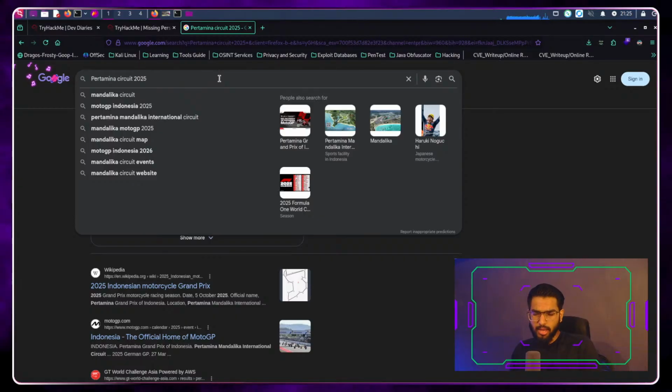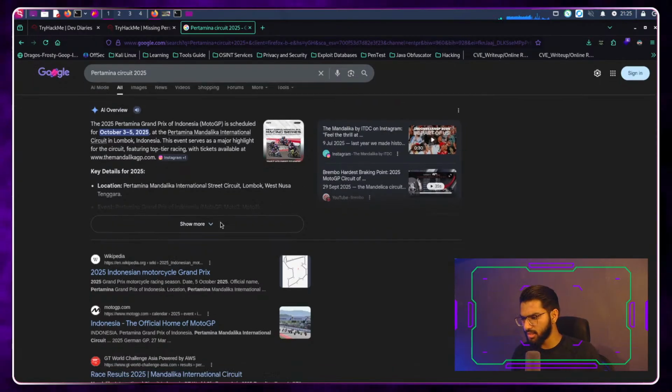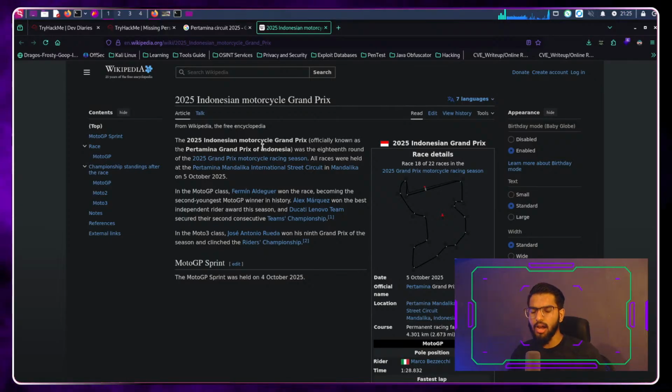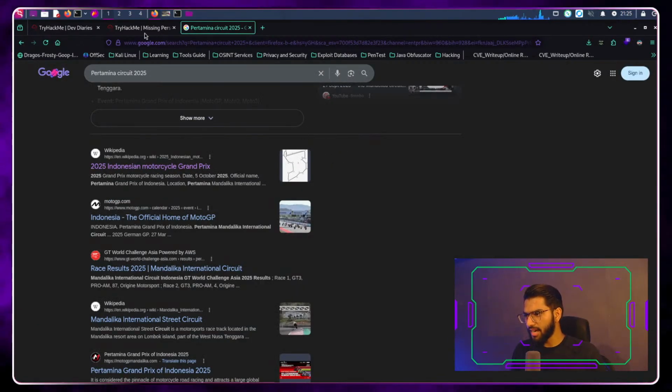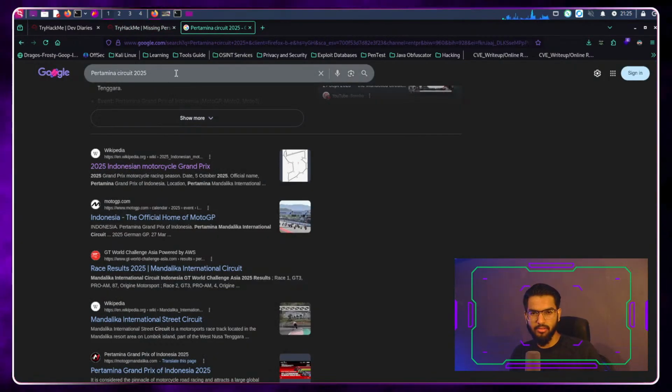So, assuming, since this is a racing tournament, which actually happens, and I can see a lot of results coming out here, I can even look it up on Wikipedia, which means it's a famous racing event itself. And if there is an after party, it's going to be related to this event itself.